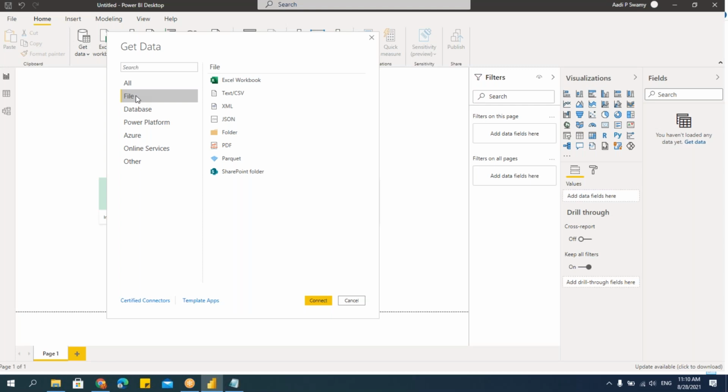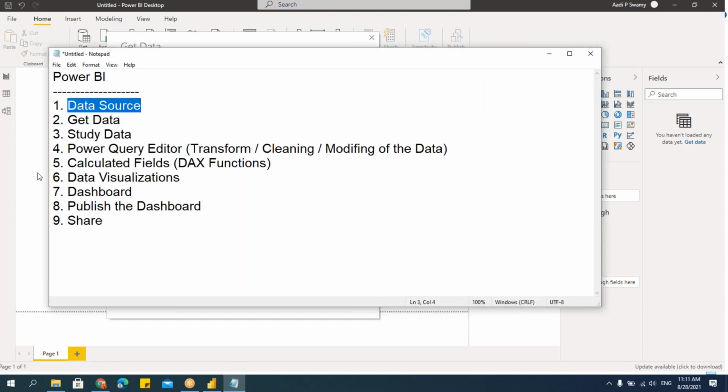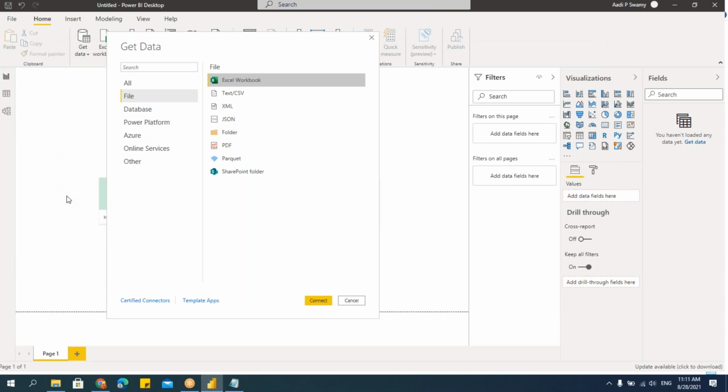If you are importing the data from only one workbook, then I can say Excel. In this one Excel workbook, there can be only one sheet or multiple sheets as well. So all this, that's what I told you in the beginning. When you are trying to understand the data source, you should understand whether the data is in only one sheet or in multiple sheets.